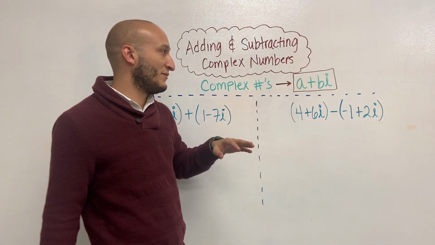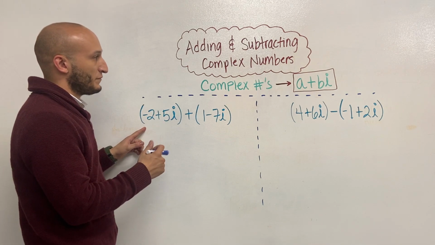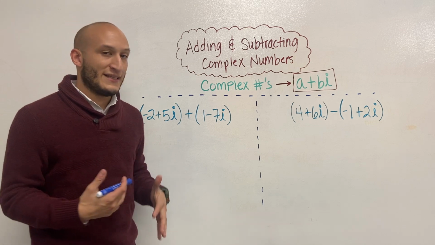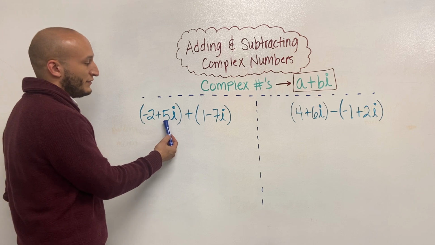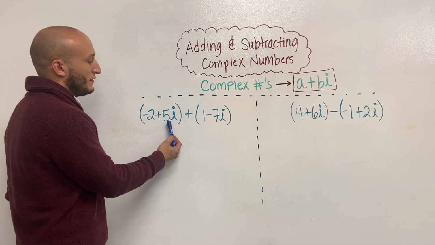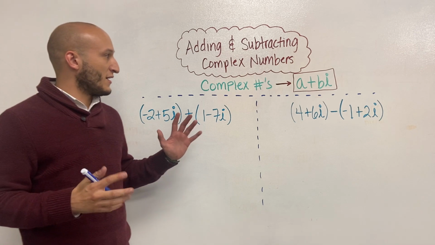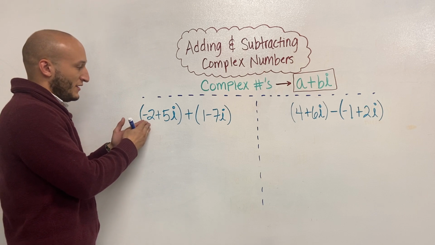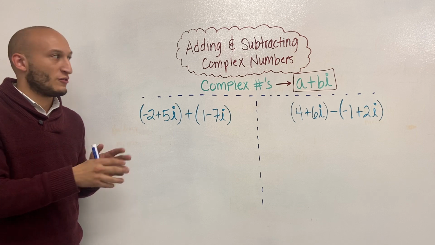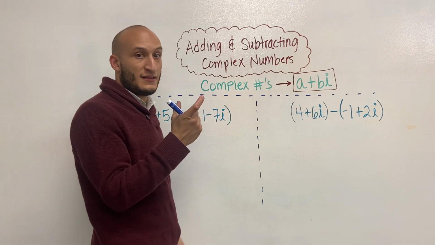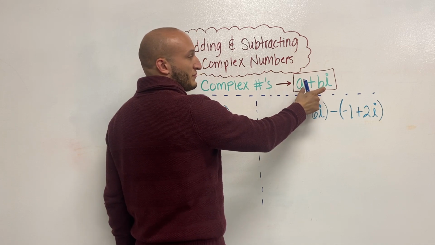Now, what do these letters mean? Well, take a look at these examples here. a is a number that is not being multiplied to i, okay? So see here, 5 times i, and I have a -2 here. So complex numbers always deal with an integer with an imaginary number. So complex numbers consist of two parts: an integer or number, a real number,